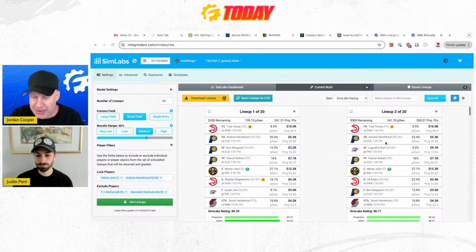Yeah, when you play Nembhard, it's giving you a bunch of these other guys like Shepherd and Siakam. You could think in terms of, oh, people are going to be playing the Pacers like this. I do this for NFL a lot when I play GPPs.